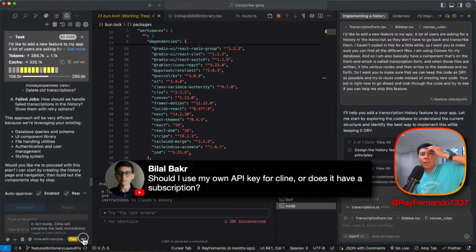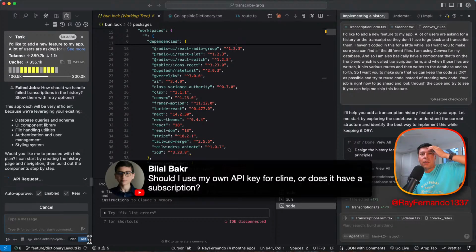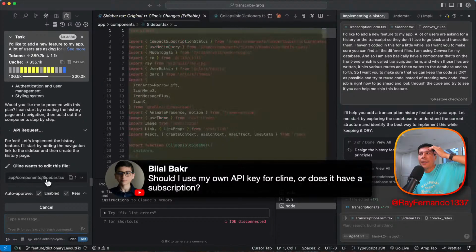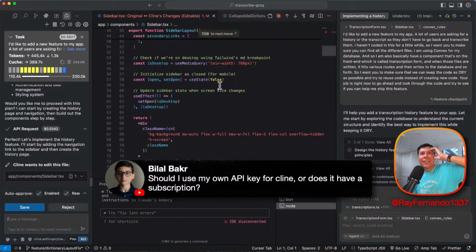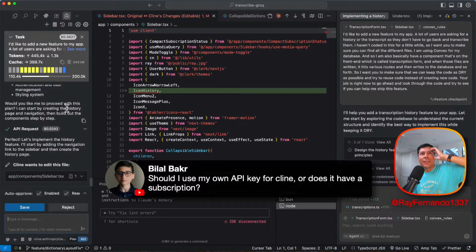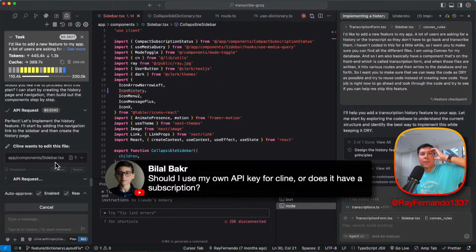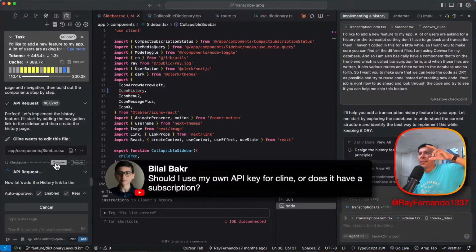Yeah, this looks great. Oh, so as soon as I change it from plan to act, it just starts implementing the... Whoa, this is crazy. Okay. Wait, is it done already? Oh, it wants to. I'm just going to go ahead and save. Yeah, I just have to tell it that it's okay to write my files.